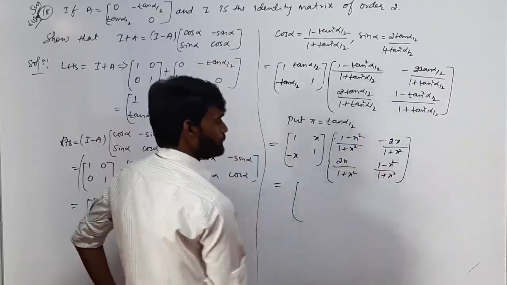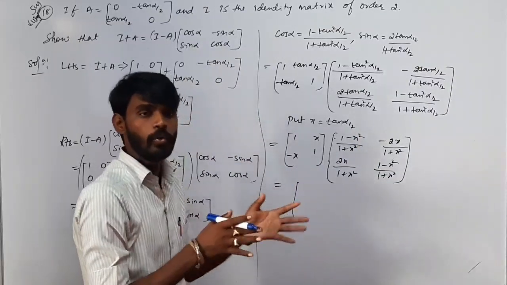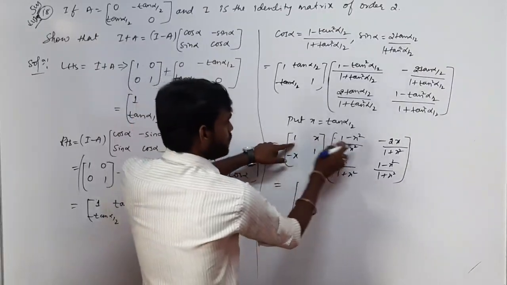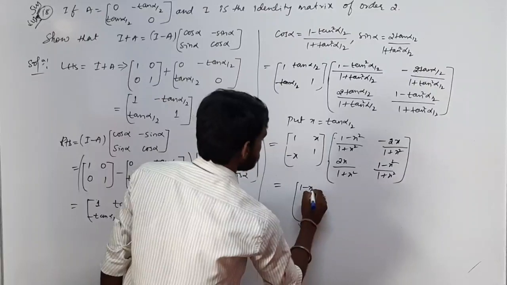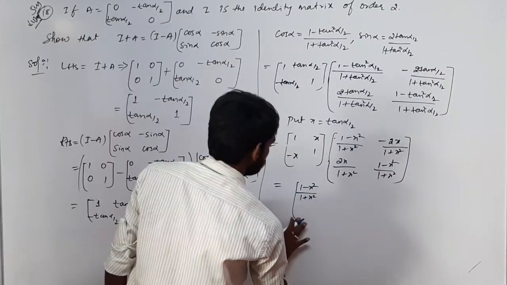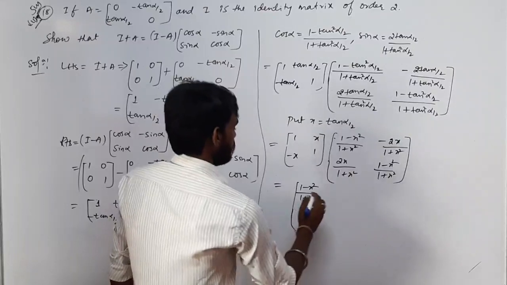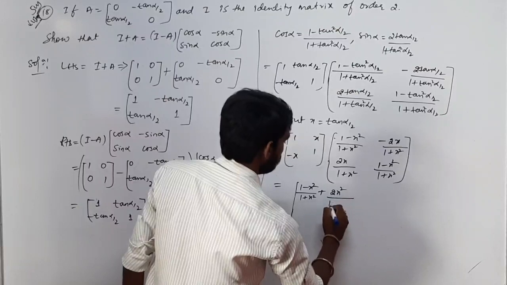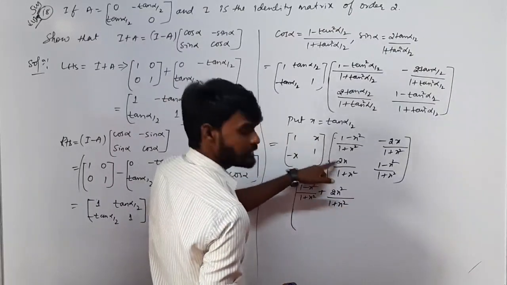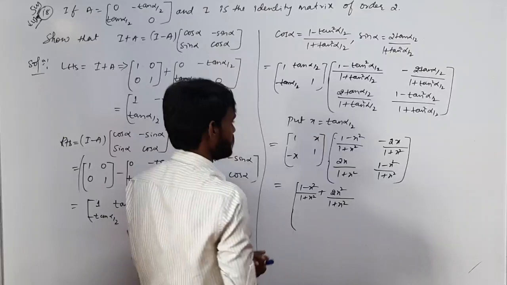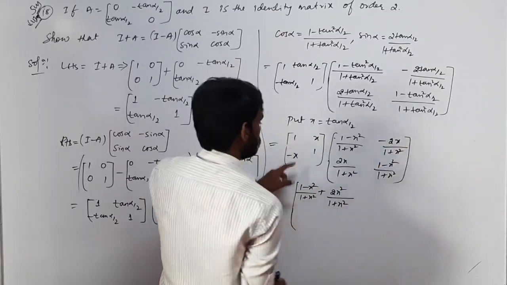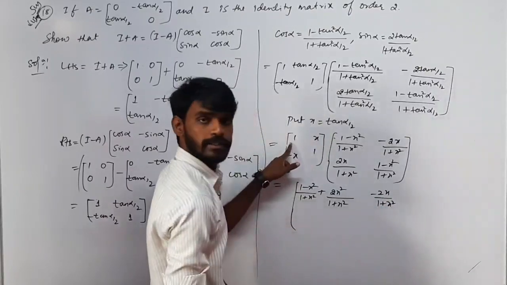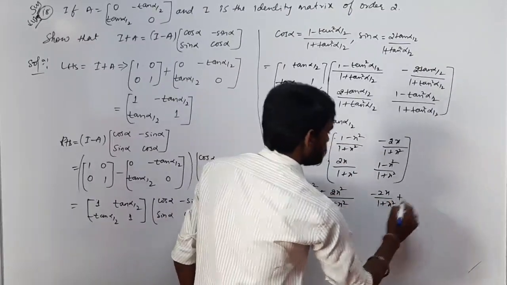First row, first column. So already you know how to multiply two fractions: numerator by numerator, denominator by denominator. So here 1 into (1 minus x square) is (1 minus x square) divided by (1 plus x square), plus x into 2x square divided by (1 plus x square), as it is. Next, first row, second column: 1 into minus 2x divided by (1 plus x square), this will be the same, plus,